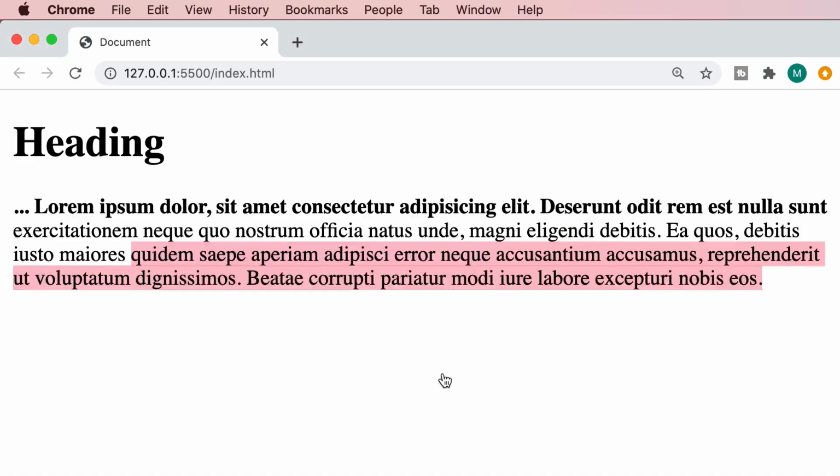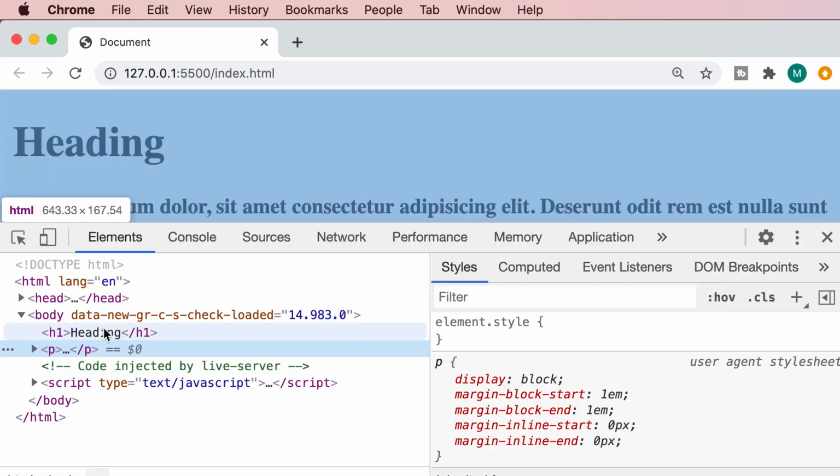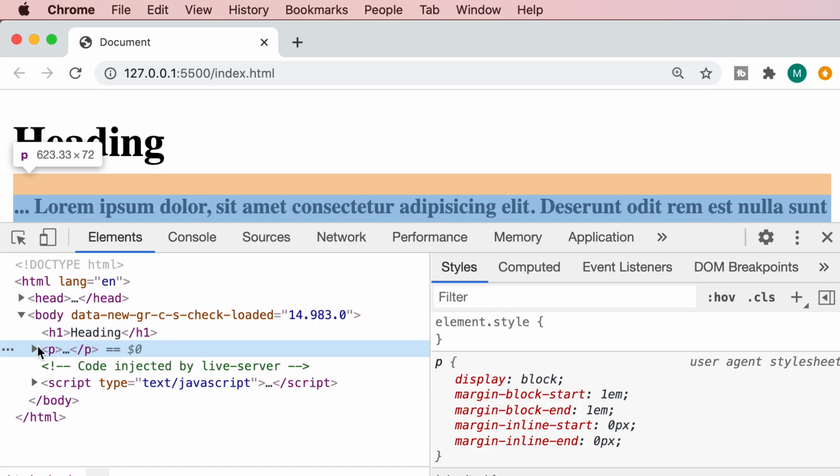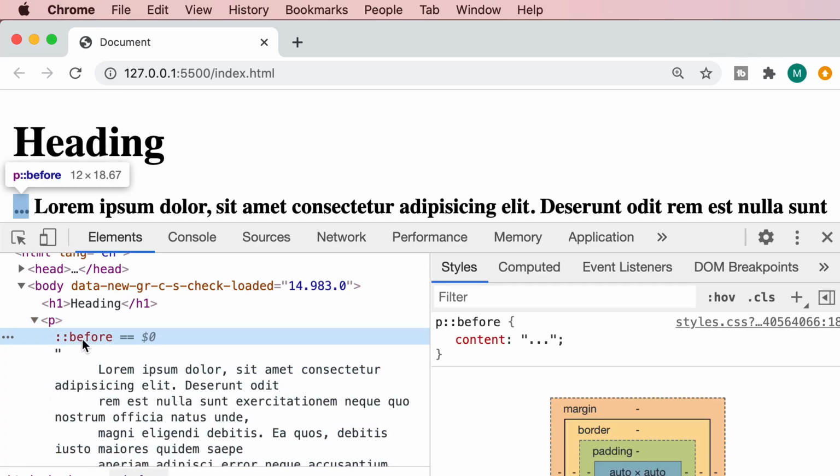Let's see what we get. So now we have ... before the content of our paragraph. Let's right-click on ... and inspect it. So here's our paragraph. Let's expand it. Do you see the pseudo element? Colon, colon, before. So this pseudo element is like an element that is inserted into the DOM, but it's not